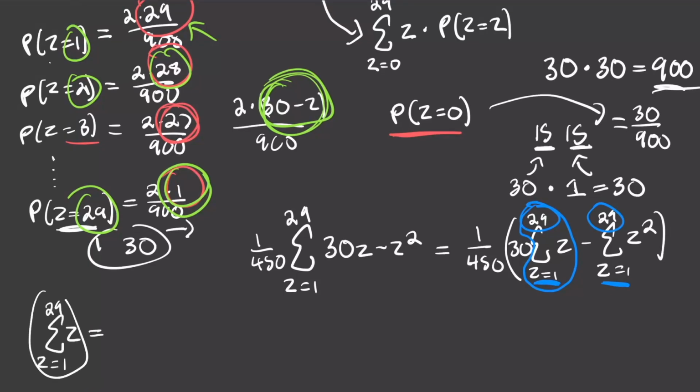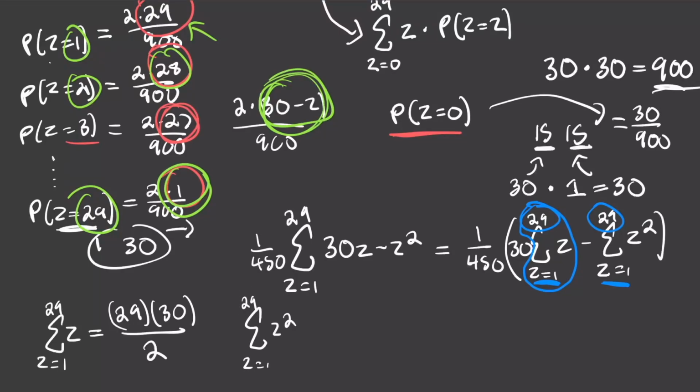Now from QP65, we know this formula. In this case, n would be equal to 29. So we take n times n plus 1, which would be 30 in this case, and divide that by 2. And again, also from QP65, we know this formula as well. We take n, in this case is 29, and then we multiply that by n plus 1, in this case 30, and then we multiply that by 2n plus 1, so in this case 59, and then we divide that all by 6. I'm going to cancel a 6 here with a 6 from the 30, and then we're going to get a 5. 29 times 30 is 870, so when we divide that by 2, we get 435 here, and then when we calculate this one, I'm going to get